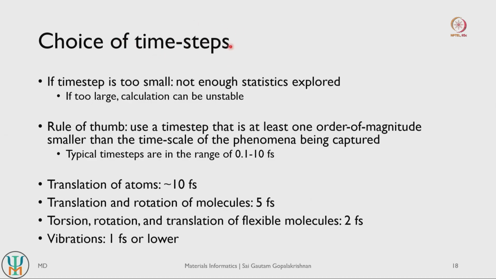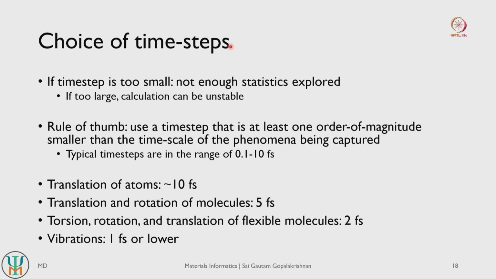So we did see in the previous lecture that time steps can play a crucial role, and in general the trajectory of any given particle tends to deviate from its actual trajectory at very large time steps. Right. So we should choose time steps that are as small as possible, so that we can still computationally sample relevant time scales, right. So if you have atomic diffusion, diffusion usually happens on the order of nanoseconds to a few picoseconds. So the time scale of your simulation should at least capture those ranges, right.